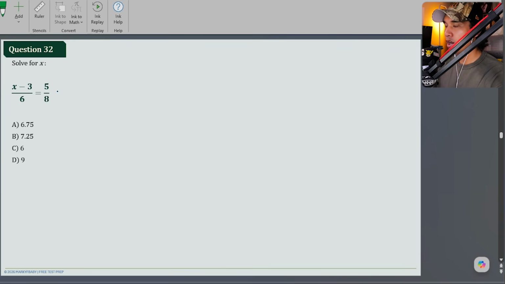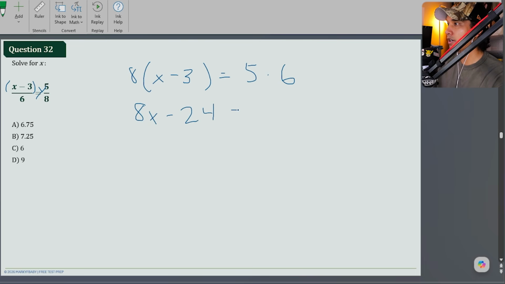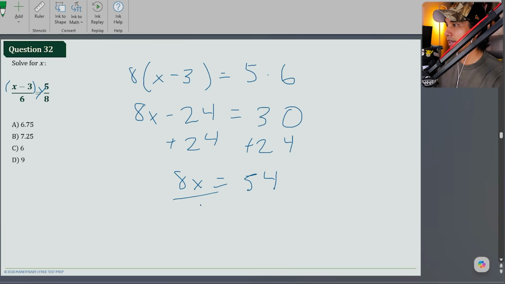Solve for X. All we're going to do is cross multiply. So I'm going to do this, and it's 8 times X minus 3 equals 5 times 6. That's all that's happening, okay? We're just doing something called cross multiply. And then we get 8x minus 24 equaling 30. And then we just combine like terms, and I'm going to go plus 24, and then 8x equals 54, and divide by 8,